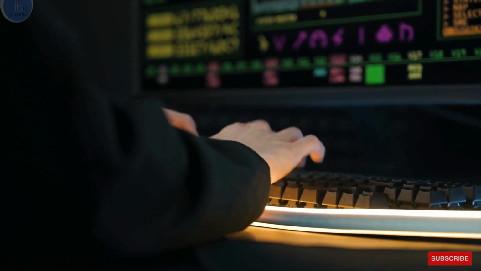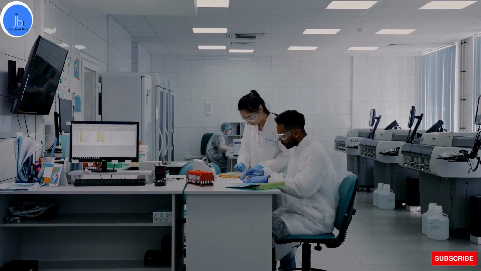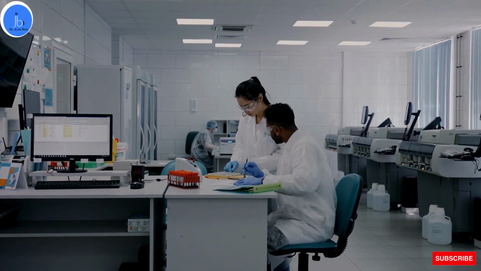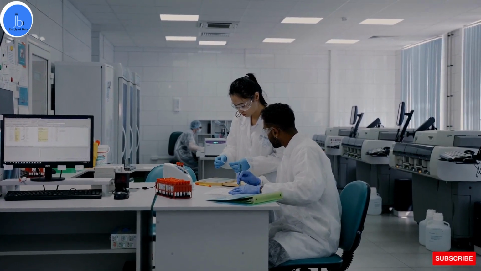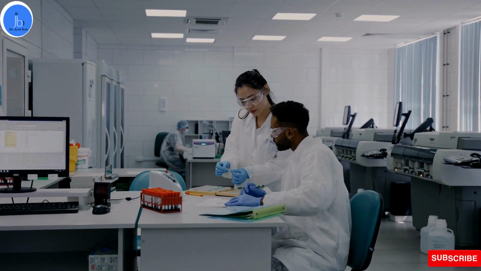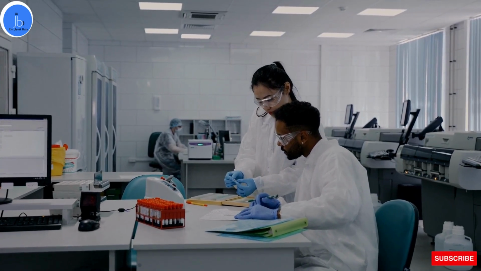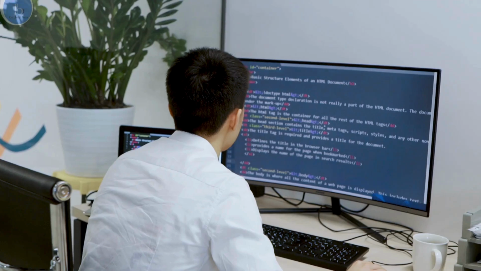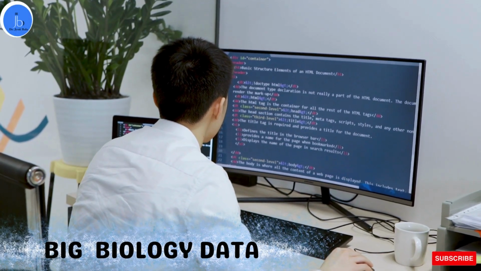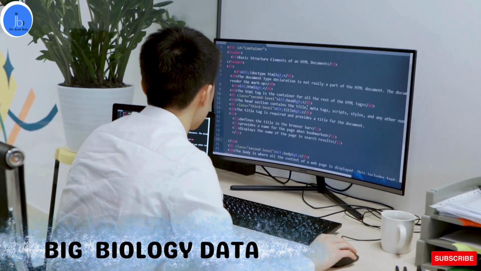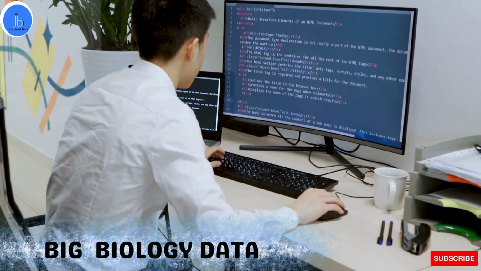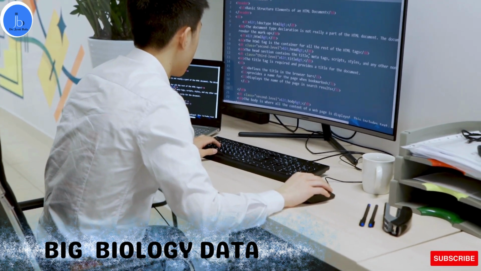This combination of high-throughput sequencing technology and powerful bioinformatics tools is currently revolutionizing clinical research, thus enabling a more personalized and targeted approach to disease diagnosis and treatment. As this kind of sector often requires handling big data, especially big biological data, many a time you have to work on tools and resources which require programming understanding.